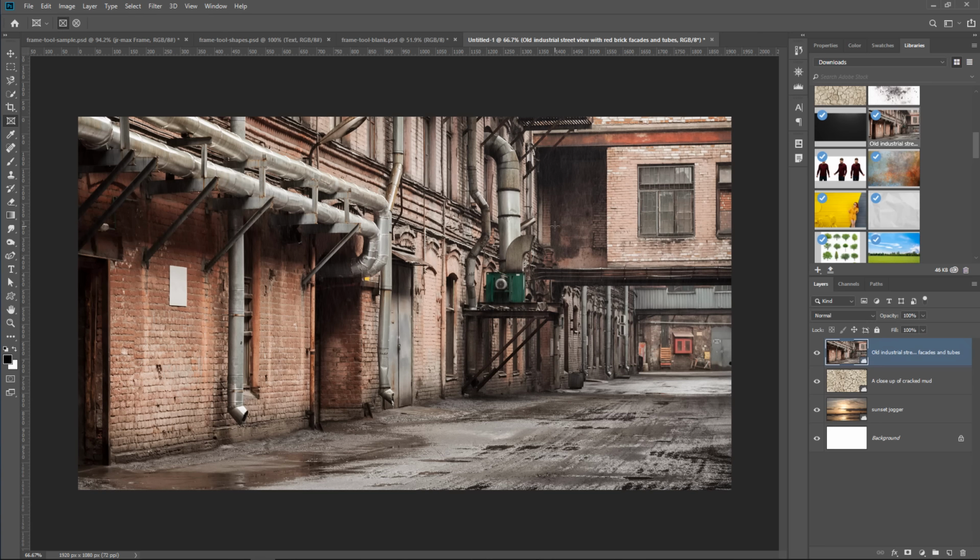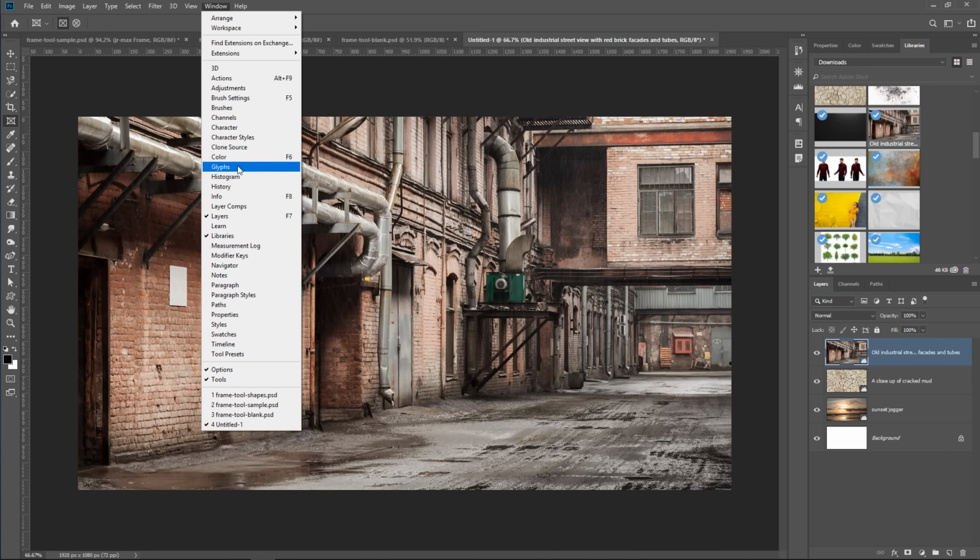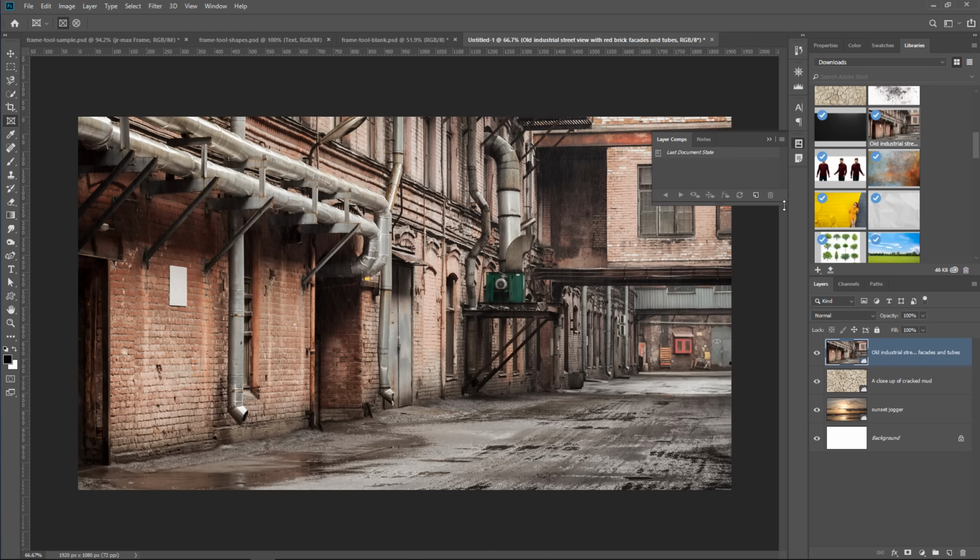So with these 3 images selected, I'm going to go into Window, Layer Comps. Layer Comps allow you to basically create a screenshot of your layers panel. You can control the visibility of the layer, the position, and layer styles, which includes blending modes. In this case, to make things very simple, we're going to create layer comps that simply control the visibility of